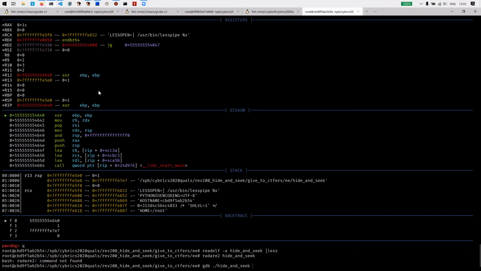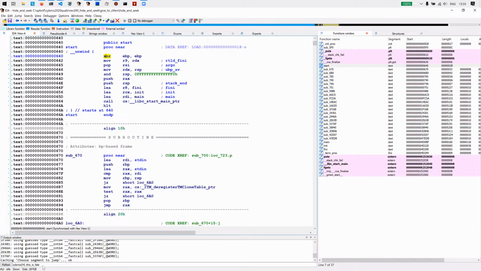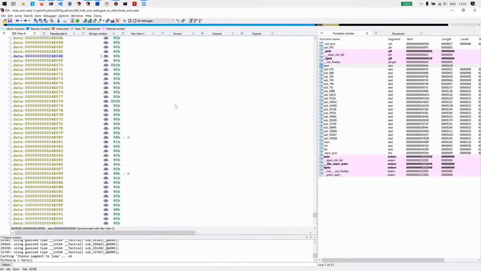If you try to do this in GDB, we will need to patch anti-debugging code, or we can patch the binary. But we can actually do it just from the IDA console. So I just take the address of the start function. I just take the address of the binary blob, which is